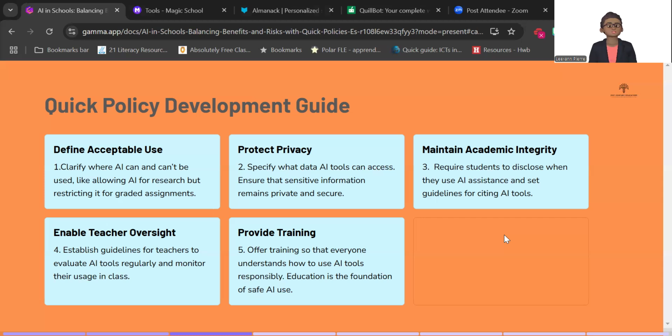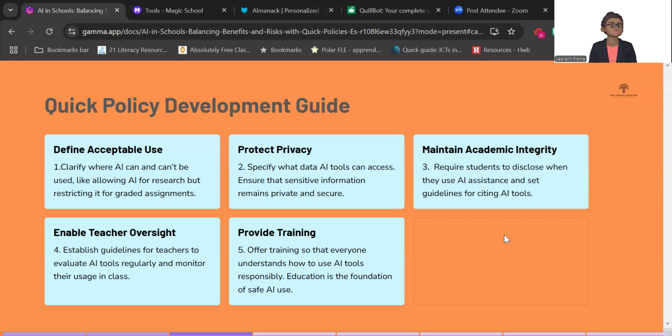For example, if we feel like their critical thinking or creativity levels are decreasing, how can we now use these AI tools in a different way to help those skills? So it's very important that we evaluate these AI tools, and therefore it's important that we actually have a guideline as to how we're evaluating.